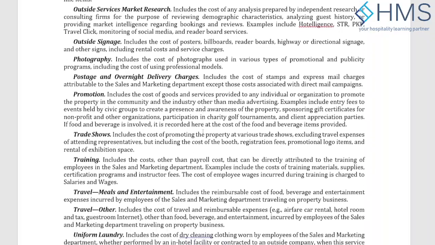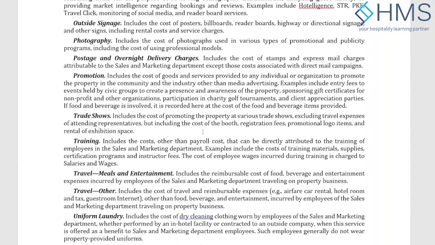Sir, one more question. Yes. If photography is included in the room package, that's the cost of guest services, right? Means you are charging the guest. Then the expenses will go to the rooms department under the miscellaneous line. So this photography line is only the hotel photography, which is used for the hotel's marketing purposes.